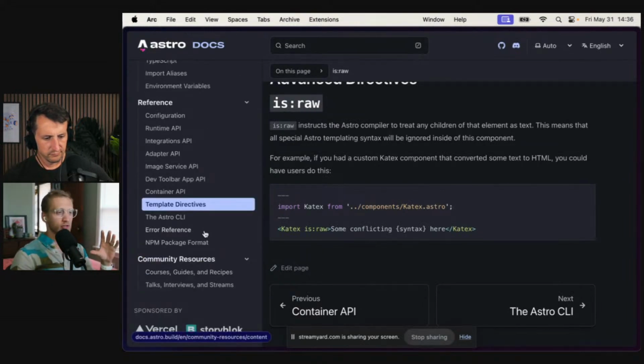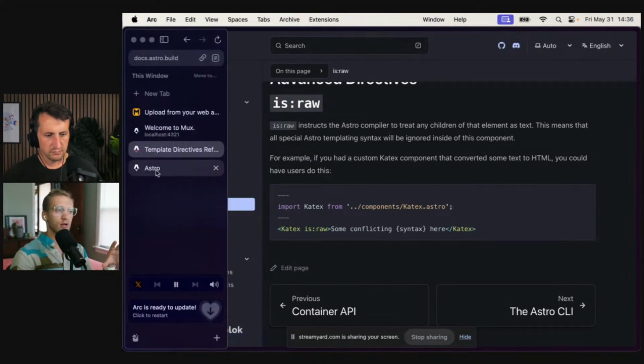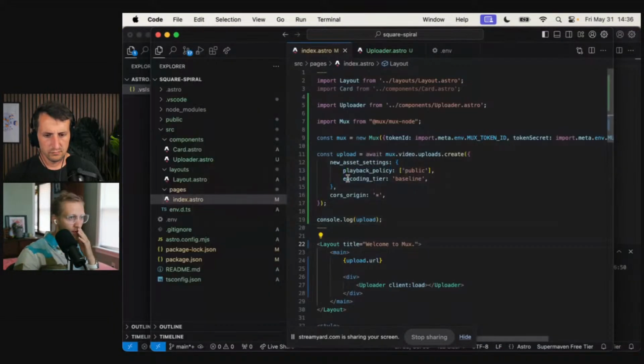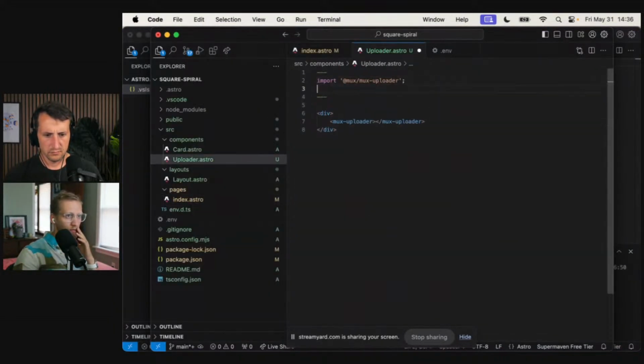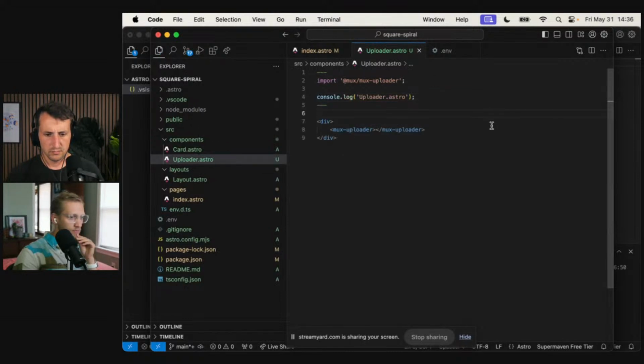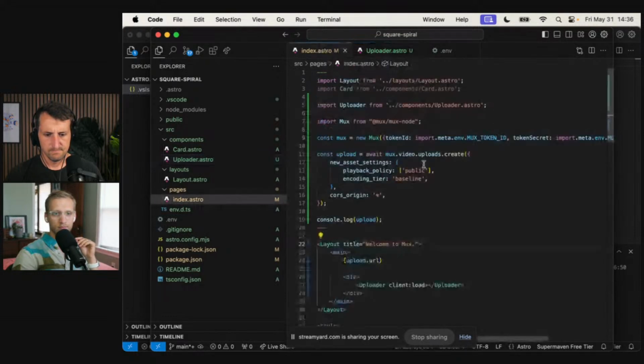Just to make sure that it's getting shipped to the client, let's stick a console log in the top of our little uploader.astro. That looks good. Uploader, client load.